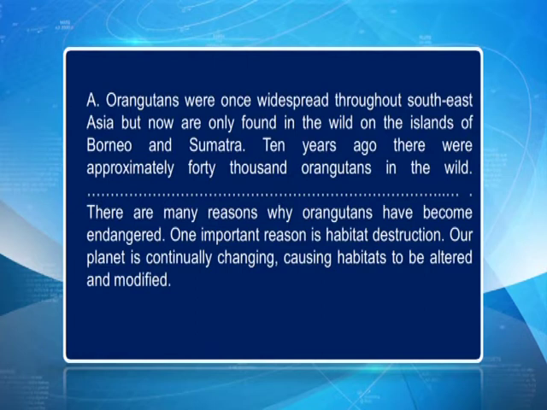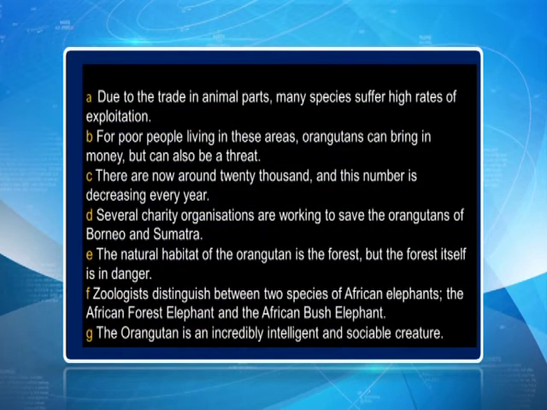So the sentences that come after the missing sentence talk about what? We have many reasons why orangutans have become endangered. One important reason is habitat destruction and the changing of the planet and the environment. So we have reasons why these animals are endangered. Our list of sentences is this. So which sentence talks about the dangers that face